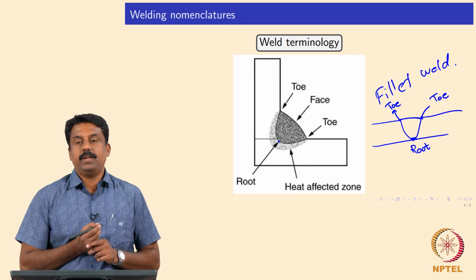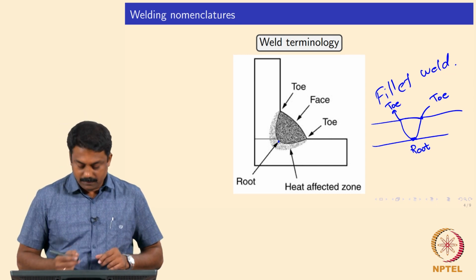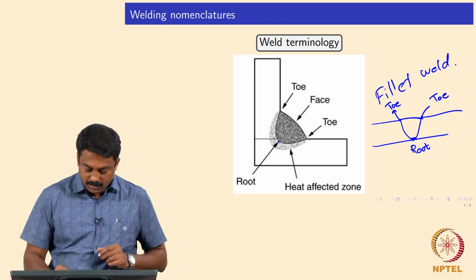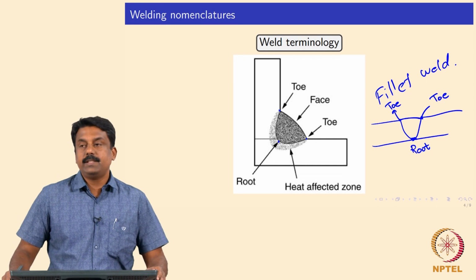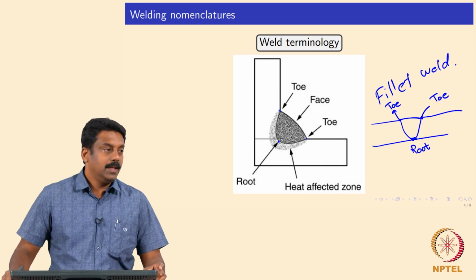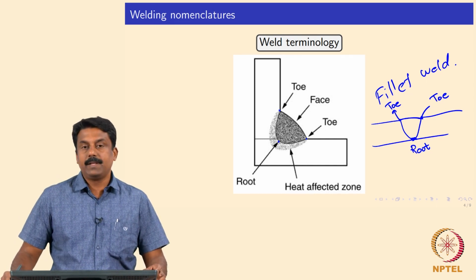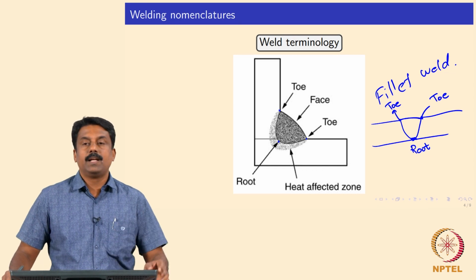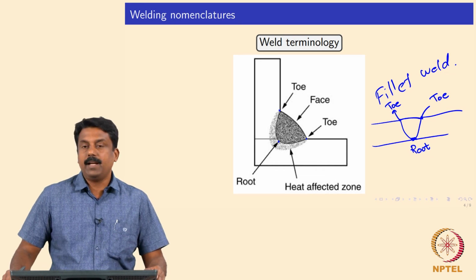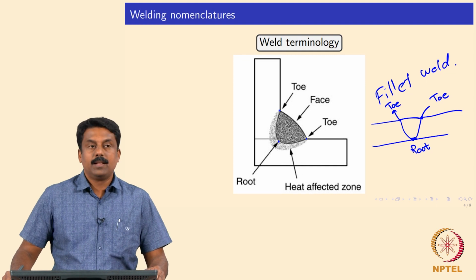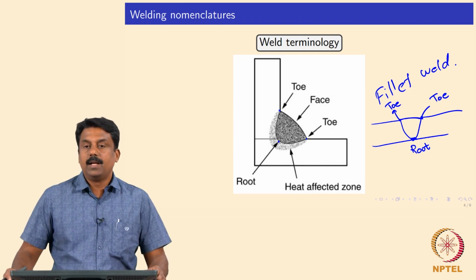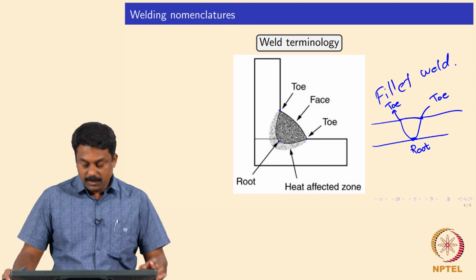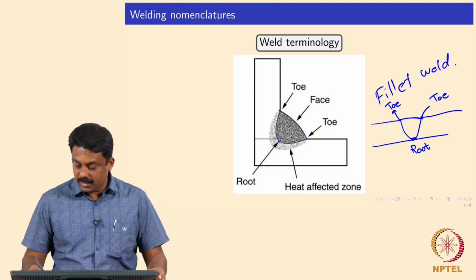Okay, these are toe regions, right. So, similarly here this is root, these regions are toes. The toe regions are extremely critical in terms of subsequent mechanical properties of the weld, because when you are depositing multi-pass fillers, you always end up finishing either this side or this side, isn't it?